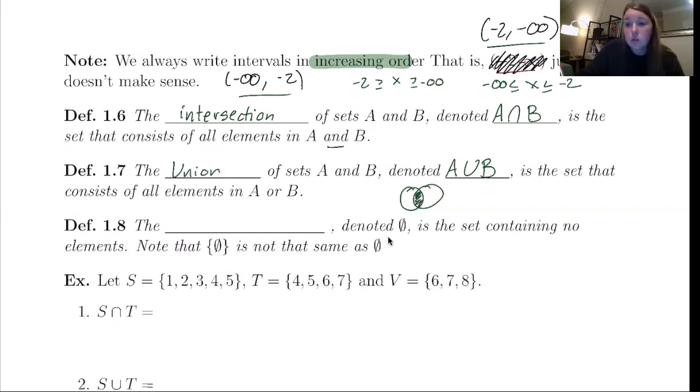The whole thing is the union. Okay? Well, like we said, what if I have these two sets, A and B, and there's no overlap? What's the intersection between them? That is called the empty set. So the empty set